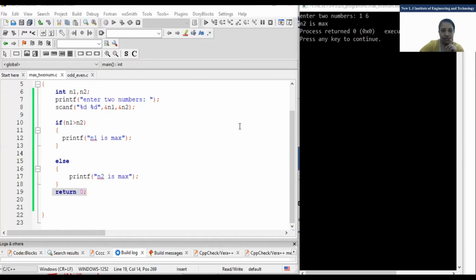What I'm asking is which is better to use, if else or if statement? Because it is more convenient. Okay, that is more convenient. Any other technical answer? Because in if else we get better output. No, we get the same output. It's not a reason. See, the output will be the same. You can see either it will print n1 is max or n2 is max, right? But what happens? I want the answer in technical terms.